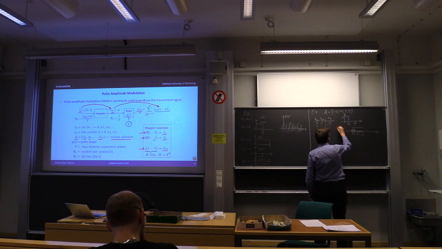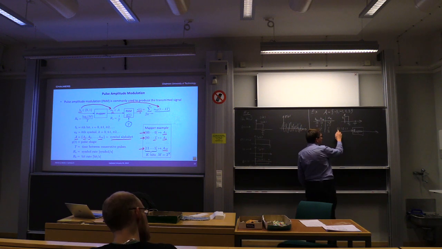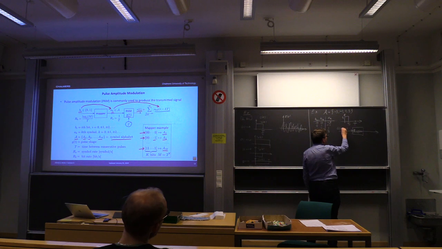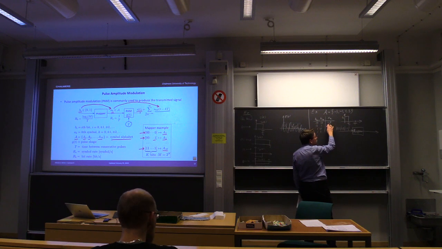So 0, 1, 1, 0, 1, 1, for instance. So we have a stream of bits coming into the mapper. So we need to define, okay, is this the first bit or is this the first bit? I'll say that this is the first bit. Okay. So first, second, third, fourth, and so forth. And we block them in blocks of 2 bits, because we have 2 bits in for each amplitude that we